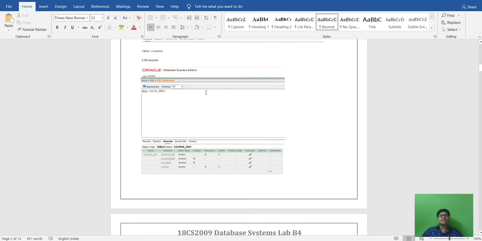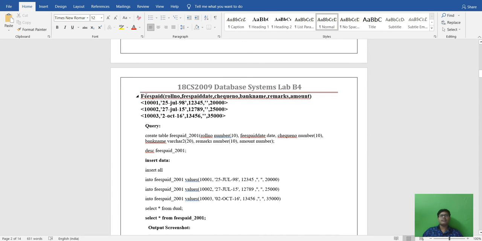Next, moving to the second, we have to create a fees paid table having attributes roll number, fees paid date, check number, bank name, remark, and amount.